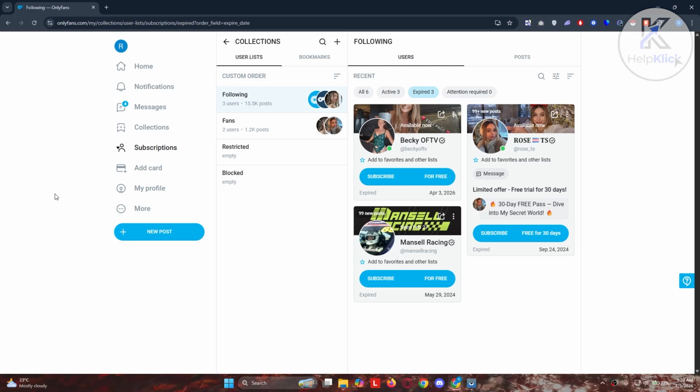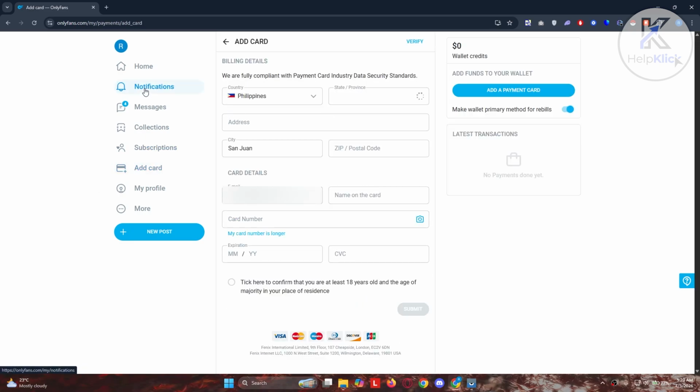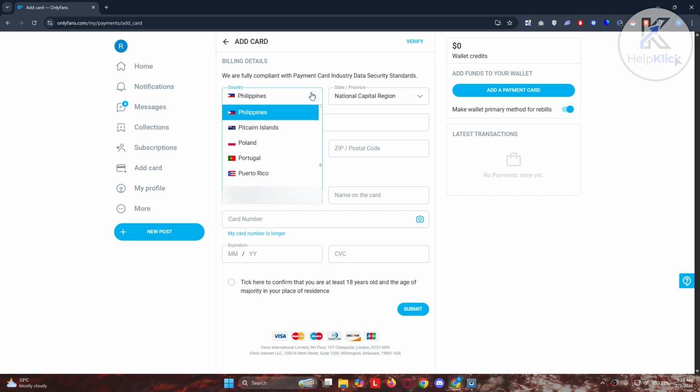You can use your own debit card if you want by going to the add card section at the left side inside OnlyFans. In here, you should be able to add your card. The only thing is you want to make sure that you use the card in that specific region. If you're using a card in another region, you can just choose one in here. Typically, once you add this, you should be able to start subscribing to